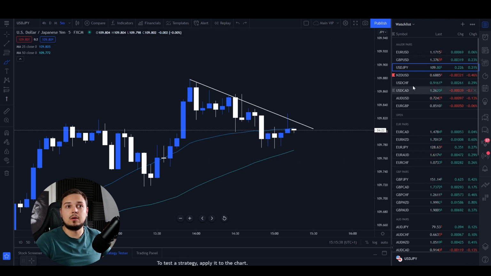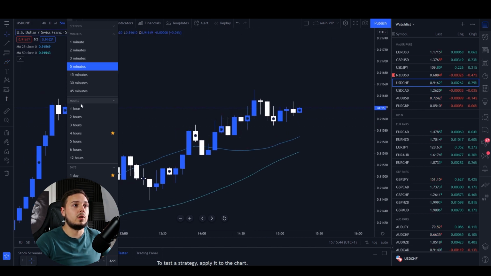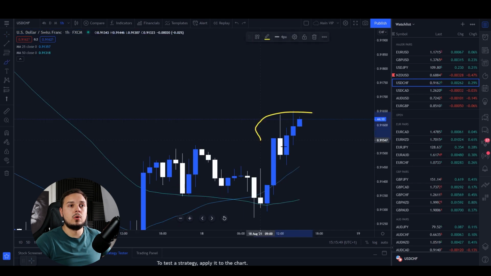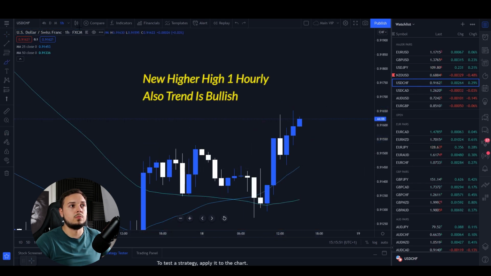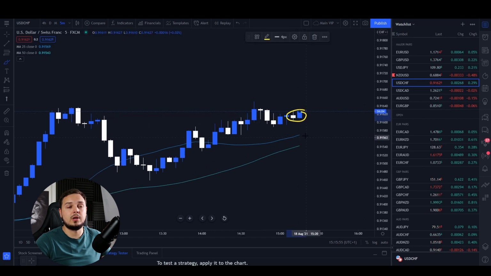And I'm looking at also USD Swiss franc. As you can see, we had a recent bullish engulfing candle. Same scenario as well on the 1 hourly time frame. New higher high over here. This was the previous one. Very likely going to continue to shoot towards the upside, and we are currently developing another bullish engulfing candle. Now we do have some sort of